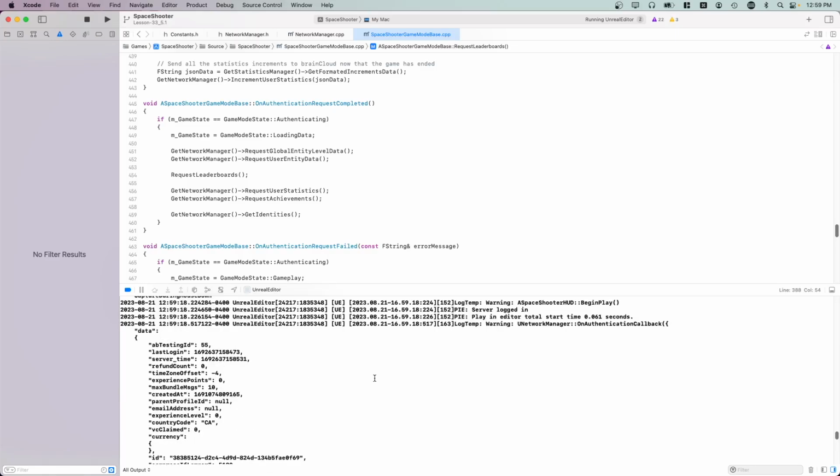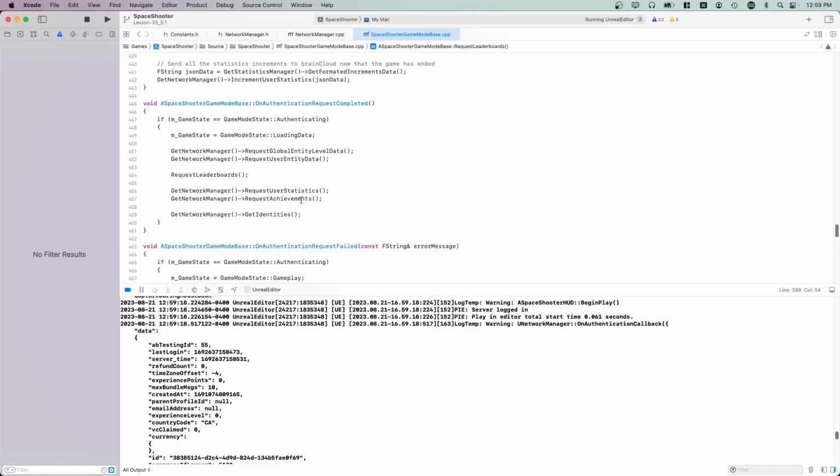In fact, by moving this logic into a Cloud Code script, it will save you API calls. When using a Cloud Code script, you get 2 free API calls automatically. Subsequent API calls after the 2 free calls only cost half an API call. It should be noted that the Cloud Code script itself has a cost of 1 API call, and so does the authentication request. In the game's onAuthenticationRequestCompleted method, we can see that there's 8 requests that we'll need to make